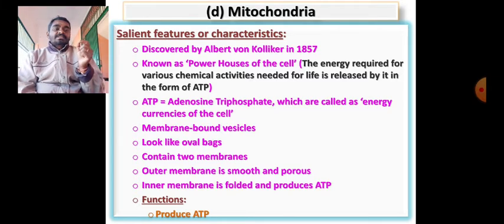What? That energy in which form? That energy in ATP form. That ATP is known as adenosine triphosphate. It is a kind of biochemical compound secreted and synthesized within our body, also in all living organisms, and they act as energy currencies. If ATPs are not there, we become dead and our action cannot be there at all.